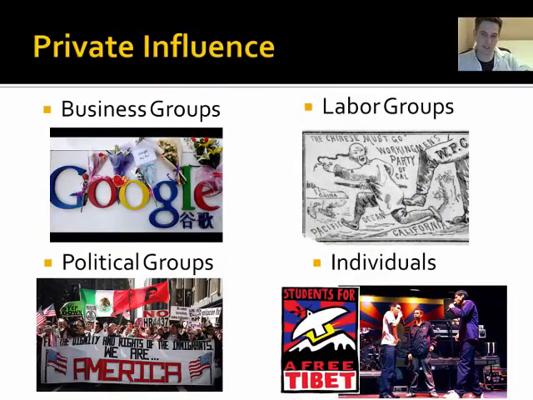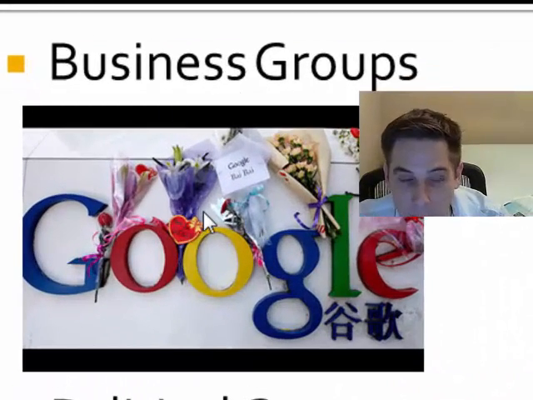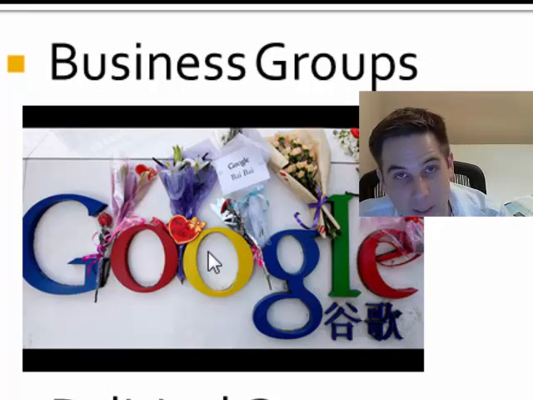Private influence. How does the private sector affect foreign policy? So the people who are not elected to office. Well, there's four groups that do that. One is business groups like Google. Google had to make a hard decision at one point in